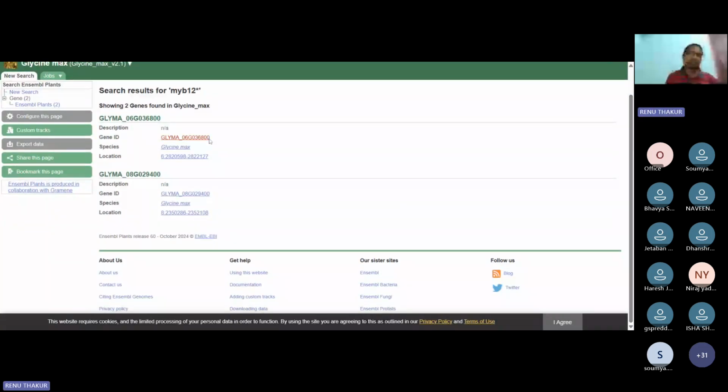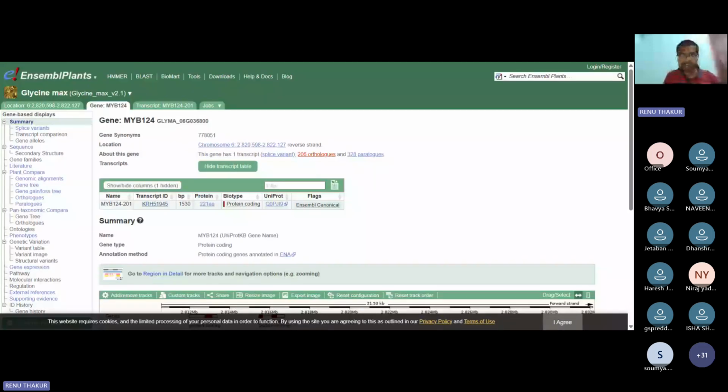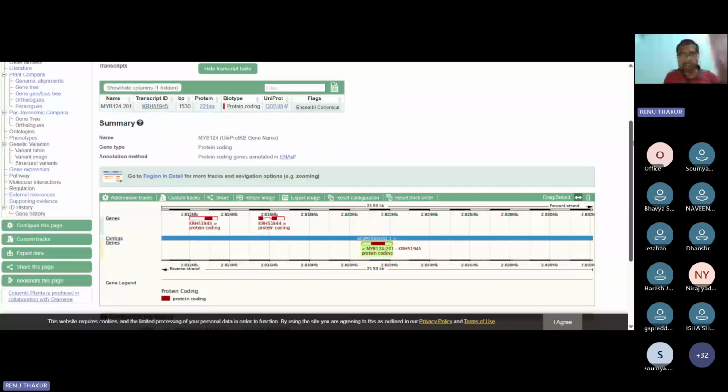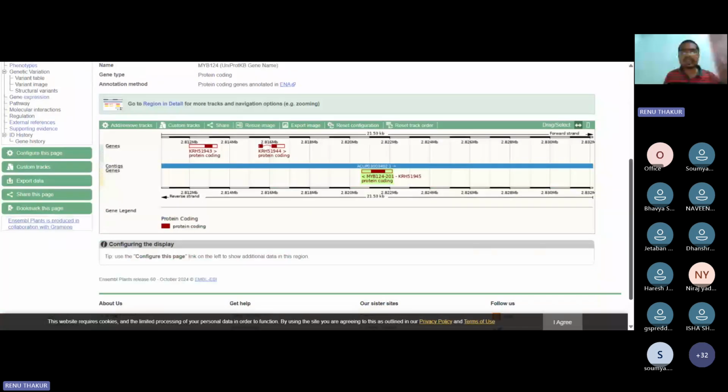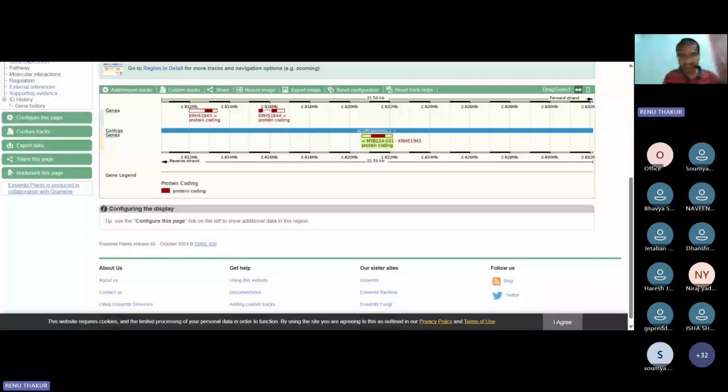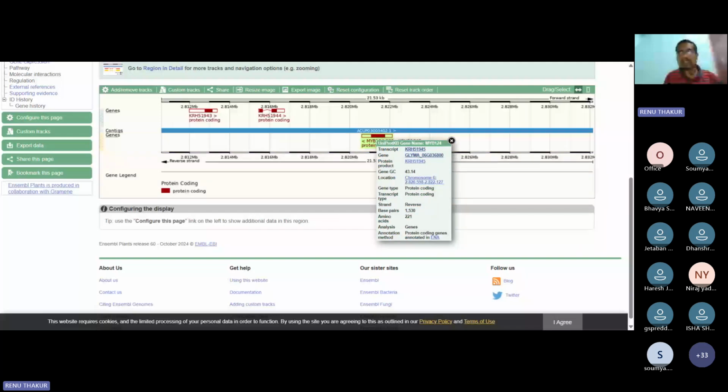We have got the two submission links. We can go to the first one, the Glyma sequence. We get a table like this with the transcript ID, protein, amino acid length, and UniProt ID, followed by the graphical illustration. From the graphical illustration, the dark red color highlights the protein coding regions. We can click this and get the transcript ID, gene ID, followed by the protein ID,